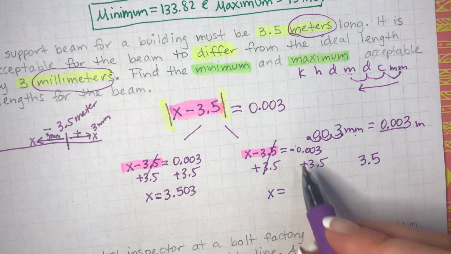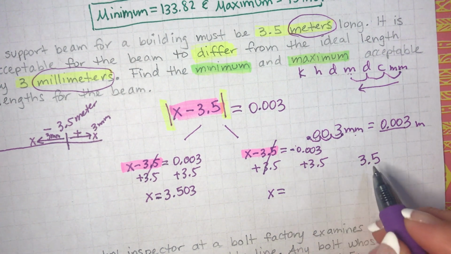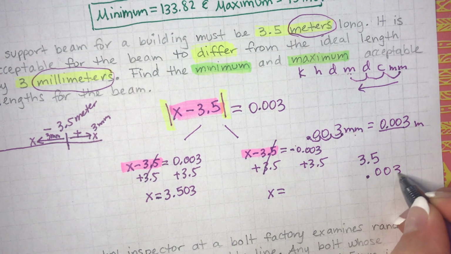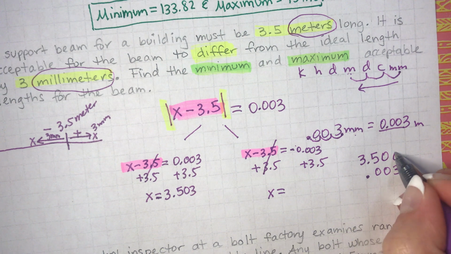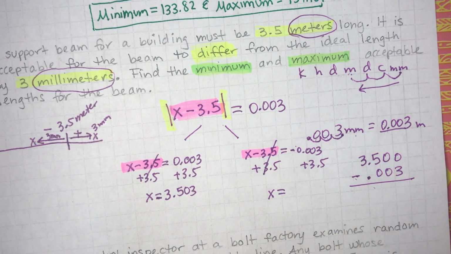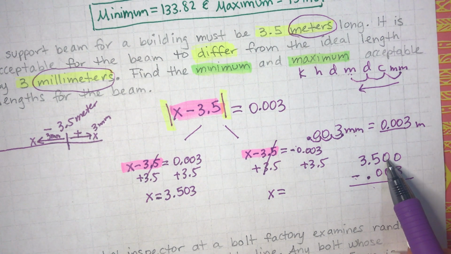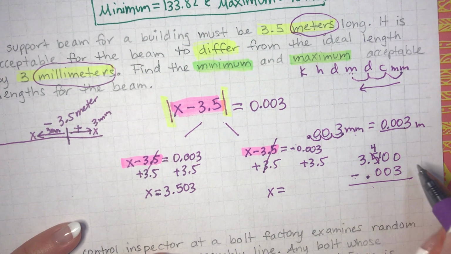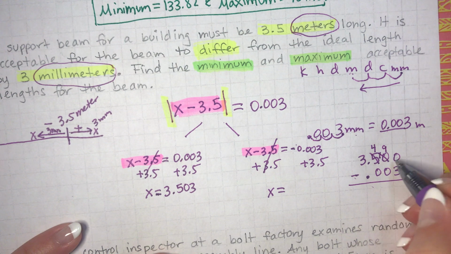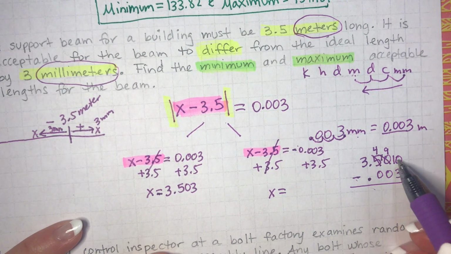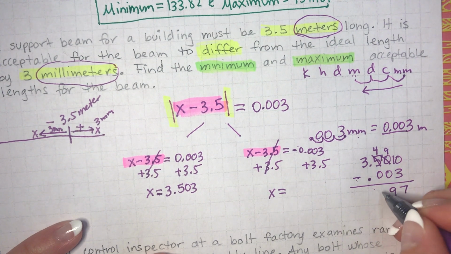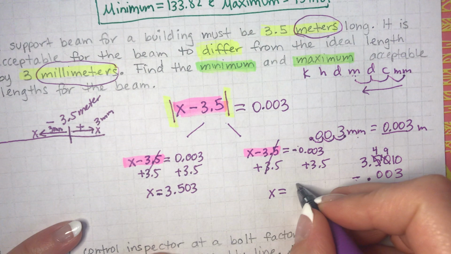Okay, so we line up the decimals. 3.5 is the bigger number. We're going to put that on top. And then we have 0.003. There's nothing here, so we put 0 because 0 is nothing. And we're going to subtract. All right, so we can't do 0 take away 3. We're going to have to borrow, but we can't borrow from 0. We're going to have to borrow from the 5, making that a 4. And then that becomes 10. We have to borrow from that 10, making it a 9. And now this is a 10. So we have 10 take away 3, which is 7. And then 9 take away 0, which is 9. And then 4 take away 0, which is 4. So our answer is